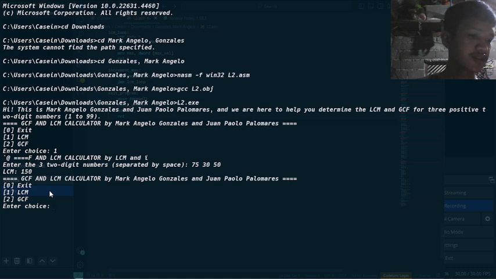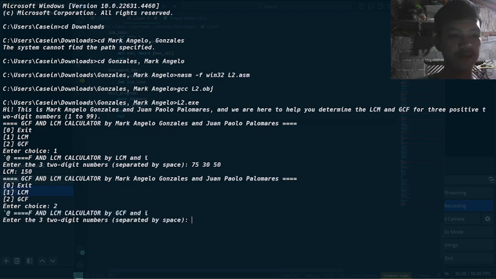Then next, enter choice 2, which is GCF. 30, negative 30, negative 66, 99.